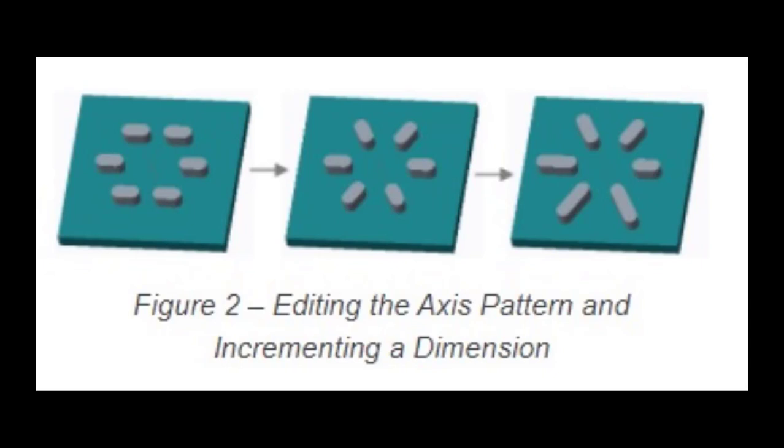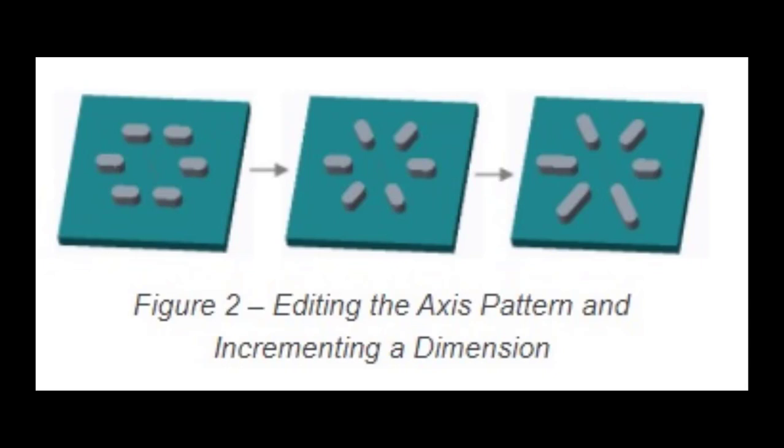There are also two additional optional settings that you can use when creating axis patterns. One, set angular extent. This option automatically spaces the pattern members equally about the axis reference. You can select the values of 90, 180, 270 or 360 degrees from the drop down list, or type the desired angular extent ranging from minus 360 to plus 360 degrees. Basically 0 to 360 degrees. In the figures, the angular extent has been set to 360 degrees.